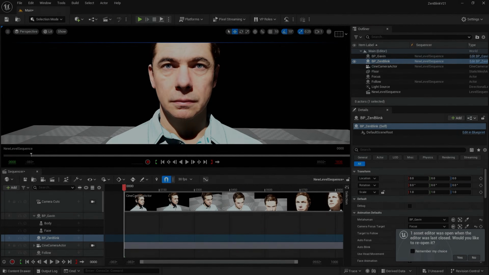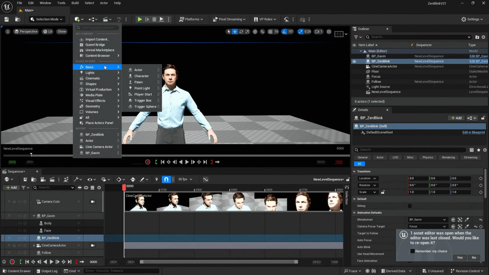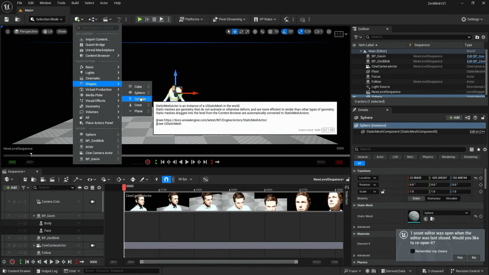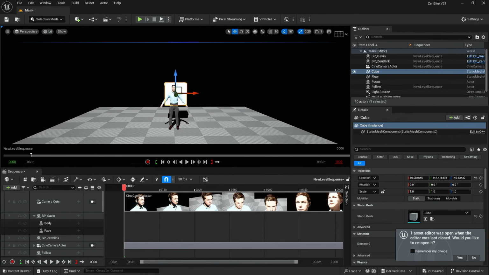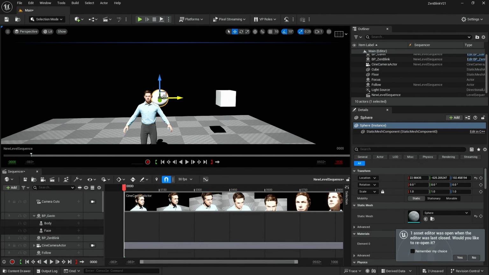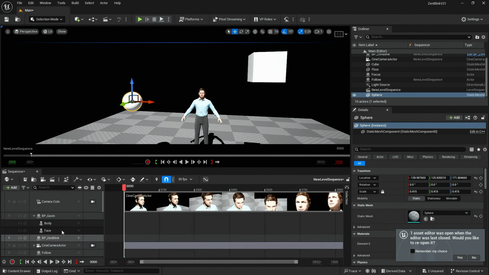Let's create a practical example for this. What I'm going to do is create 2 more basic actors. In fact, let's make them shapes. So a sphere and maybe a cube. Okay, I want to set the size of these quickly to scale them down, and I'm going to place them in various locations. One over here and one over here. And then what we can do is drag those into the sequencer,